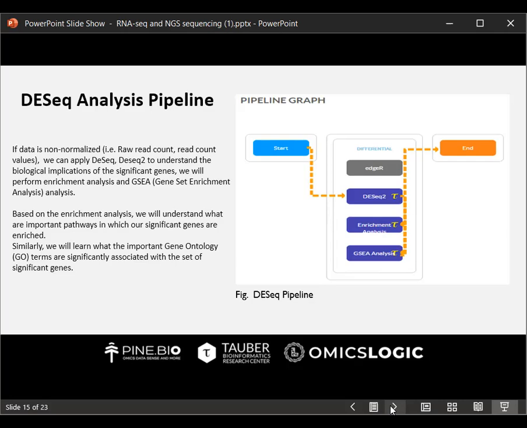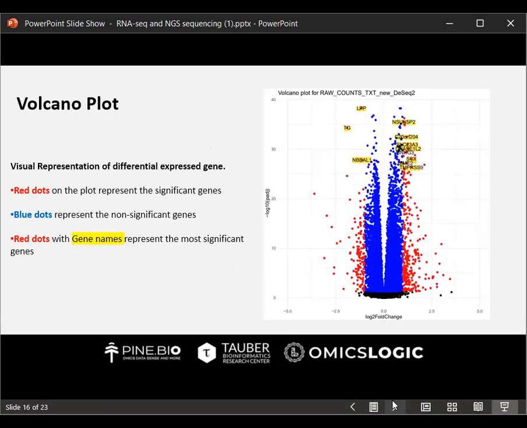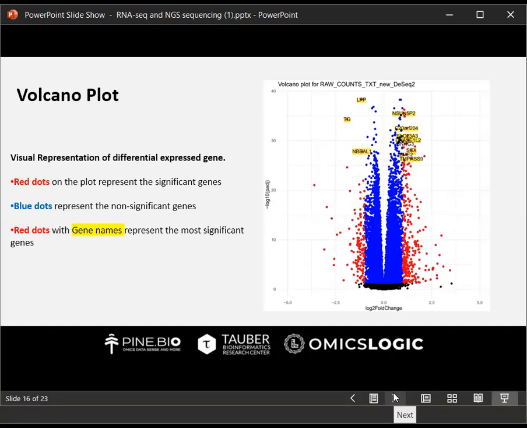data that we had. Now, after performing the DESeq analysis on the platform, we got this data for this plot first. This is the volcano plot, and this is the visual representation of the differentially expressed genes that are present. So as you can see on your screens right now, the x-axis represents the log two-fold value, and the y-axis represents the p-adjusted value of the data. Now, the p-adjusted value was taken as less than 0.05, that is the significant value, and the log two-fold change was taken as 1.5 to minus 1.5.